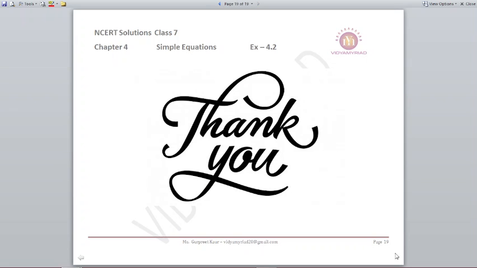That's all for this exercise, children. This was simply to explain how we are going to solve the equations when the variable is given and how we are going to find out the value of that variable. Please do lots of practice on this, because this is the base of the things. If you are clear with this, only then you can proceed further.